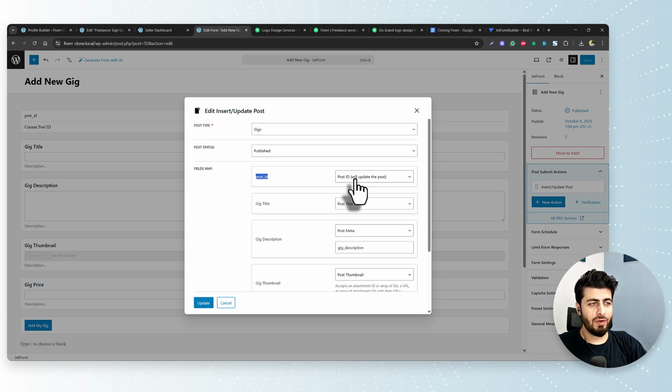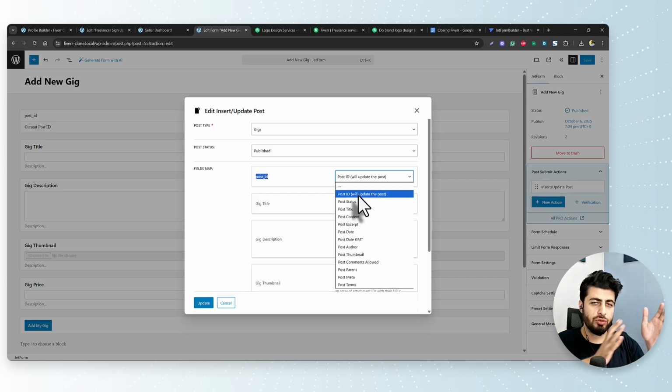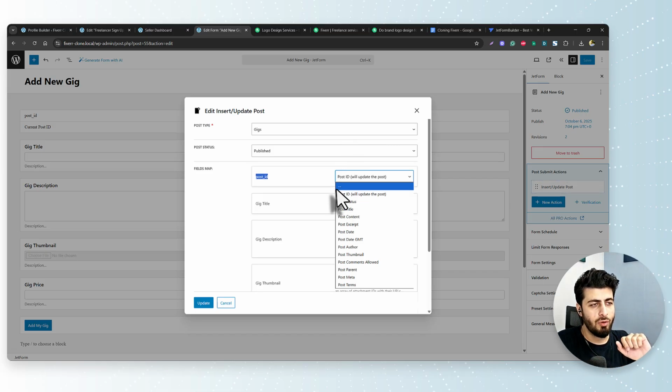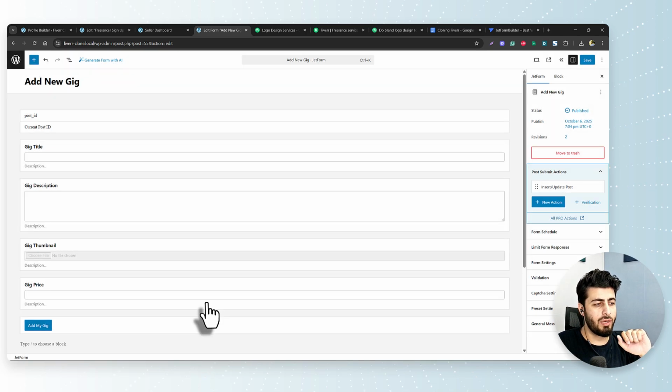That means that if I'm assigning a post ID here, it should already pick up a post ID and update that existing post, because we are going to create another form that will make sure our gigs can be customized and edited as well. Now the problem here is that right now we are creating a new gig, or let's say new service, so we don't have to assign a post ID at all because it's already empty. What we need to do is make it empty, and then we'll click on update